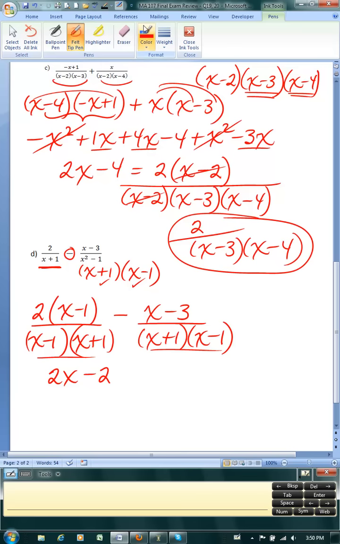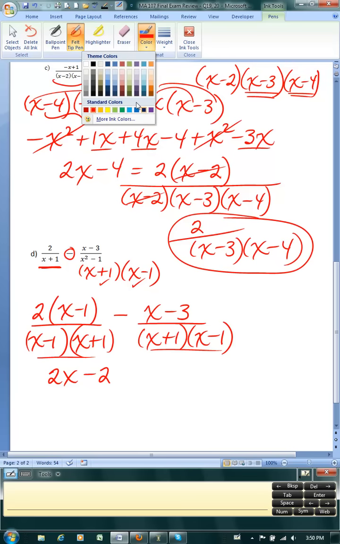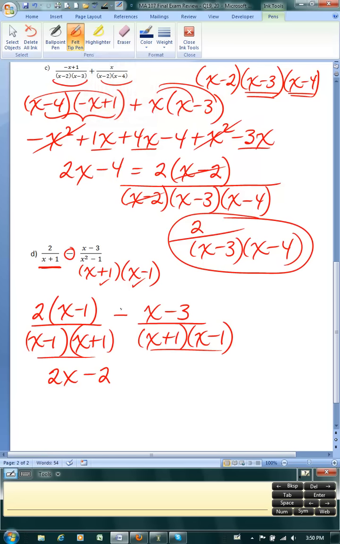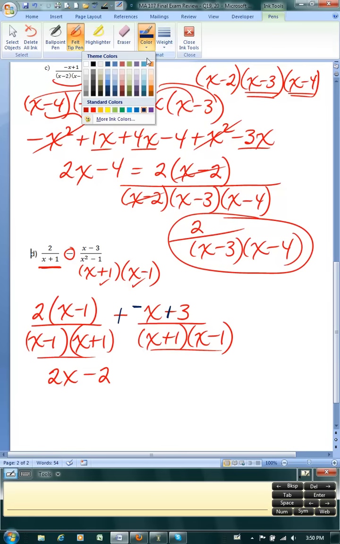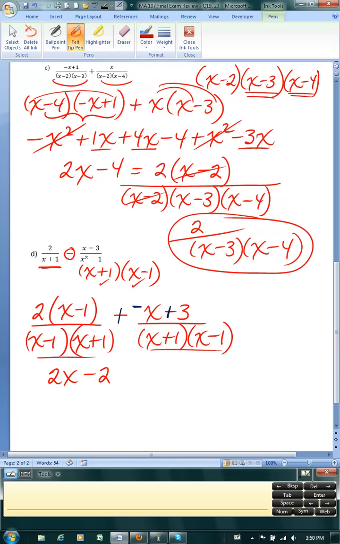I'm watching my signs very carefully. I'm going to change it to addition and change the signs behind it. All right, so that becomes 2x minus 2 minus x plus 3 gives me